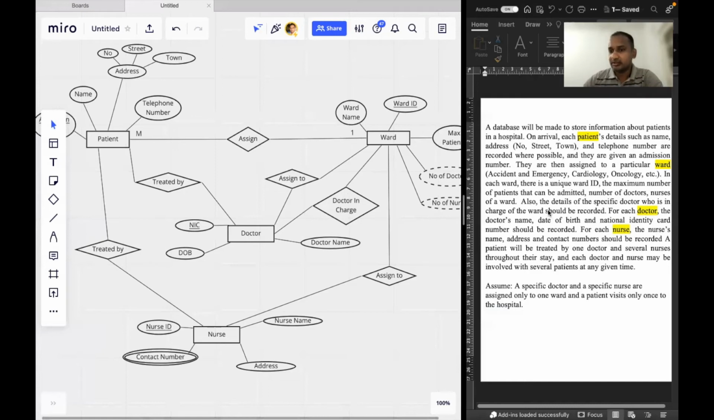Sometimes how many in-charges are available is given in the scenario. If it is not in the scenario, you can go by the general situation. If it is a particular doctor, usually the doctor is in charge of one ward. That means if you take a particular doctor in charge of the cardiology ward, it is only one ward. So we can say doctor in charge of one ward. Therefore I will put this one as